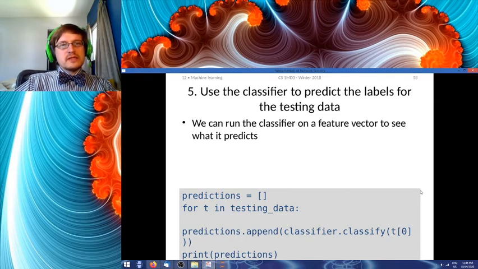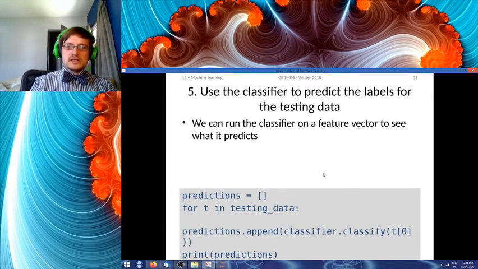Next, we can use the classifier to predict the labels for the testing data. We can run the classifier on a feature vector to see what it predicts. So we can create a list of predictions: for t in the testing data, predictions.append classifier.classify t at 0. Then we print our predictions.